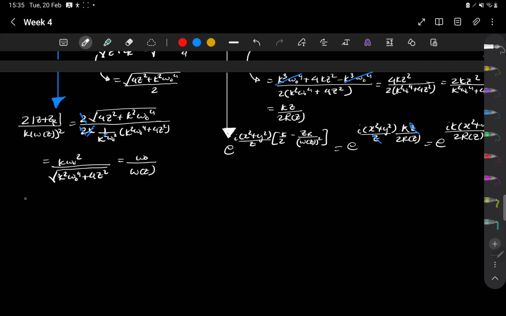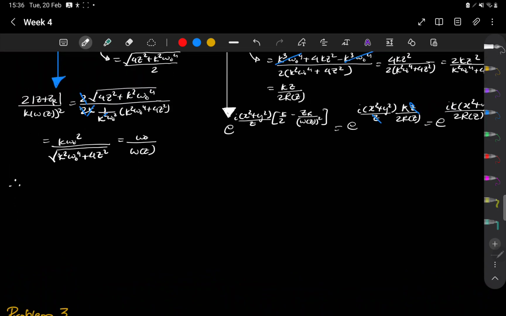So putting all of this together will give me the final expression for the diffraction integral, which gives me